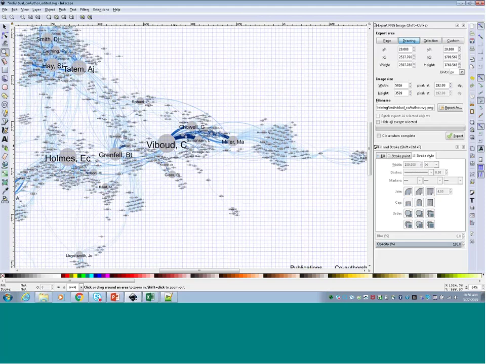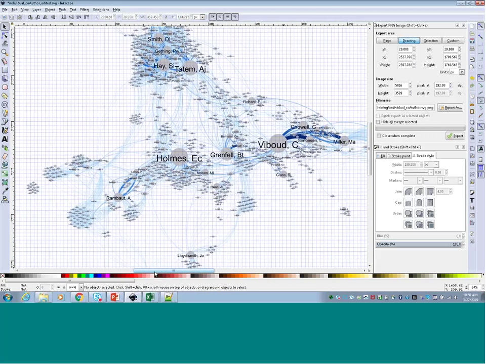So you'll notice that the node labels are a bit off-center for a lot of these. They're a bit too far down. This tends to happen more in these individual co-authorship networks. I'm not really sure why, but it does. So I'm going to go to the selection tool, and I'm going to try and just select the labels. So remember, there are 3 different layers here. There's one for the labels, there's one for the nodes, and one for the edges. So I'm just going to try and select the node labels.